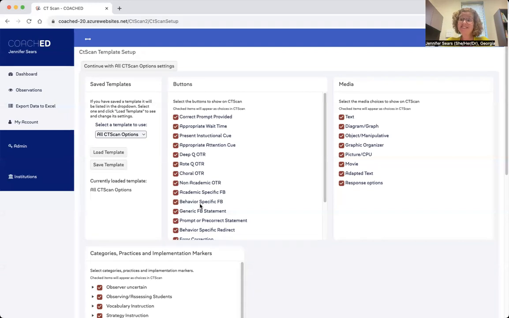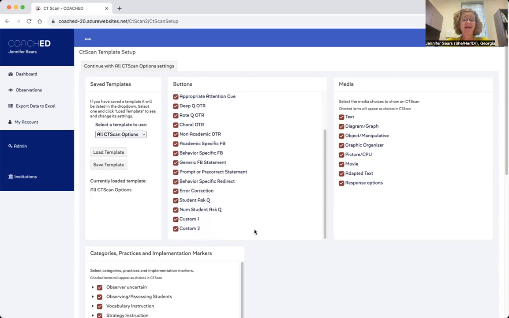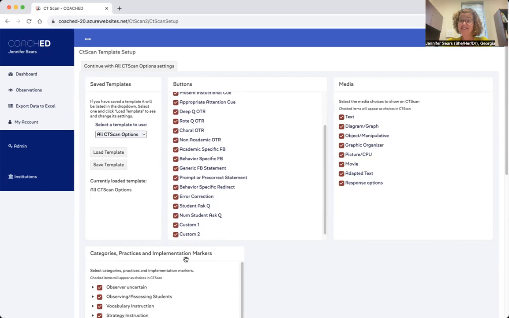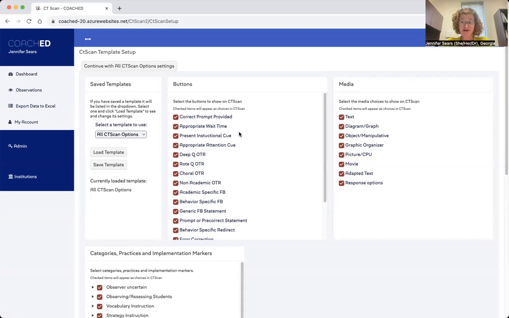Once we're here, we see four different areas. We have our saved templates, we have our buttons, our media, and then our categories, practices, and implementation markers. We're going to start with the buttons. The buttons are areas where you are going to count the number of times a student teacher does a specific thing. So it could be using a correct prompt, using appropriate wait time, presenting an instructional cue, using appropriate attention